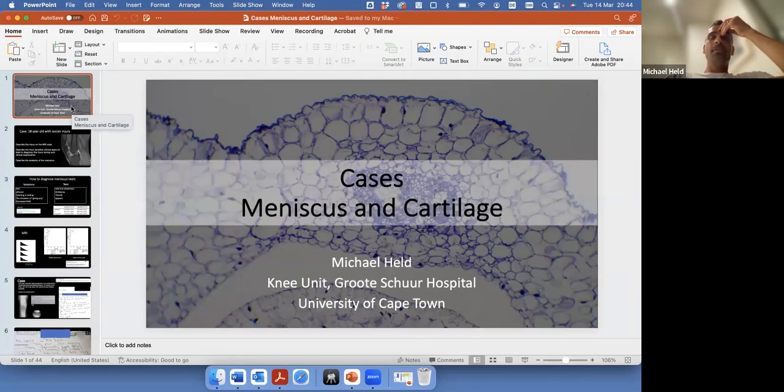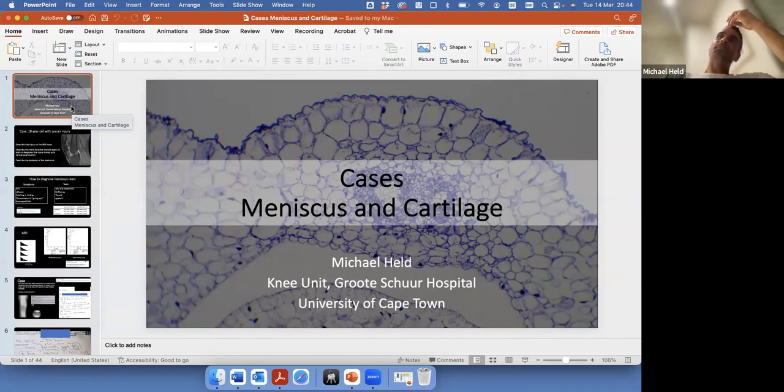Most of them would tell you that age doesn't really make a huge difference when you treat them, but it is the symptoms. So when a patient comes to you and says, I've got locking and clicking that's painful, and they have a degenerative meniscus tear, and it's affecting their lifestyle,